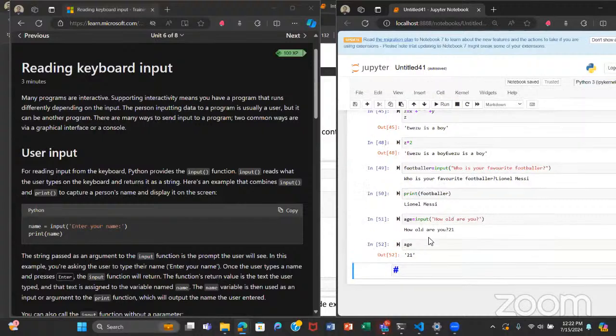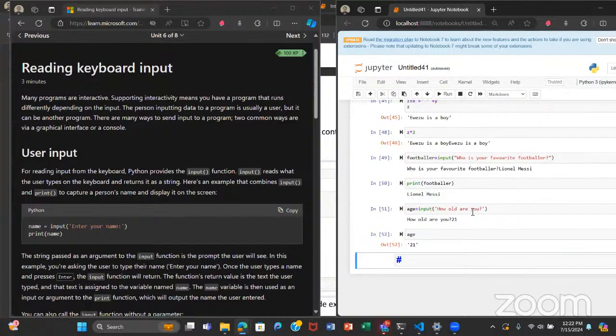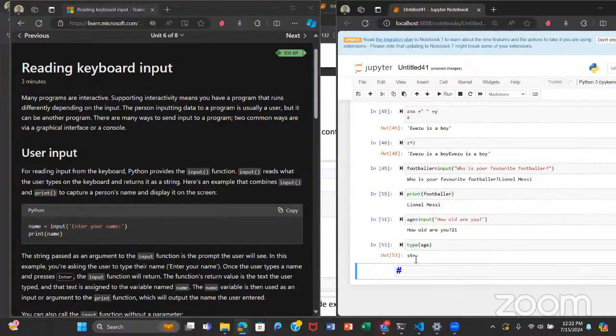So what that means is that when the input function is used to prompt you for information, the value you type in is stored as a string. If you were to check the type of this variable, you'd see that it's a string. And this can be quite problematic if you want to use this data to perform mathematical operations, like multiplication with a number.